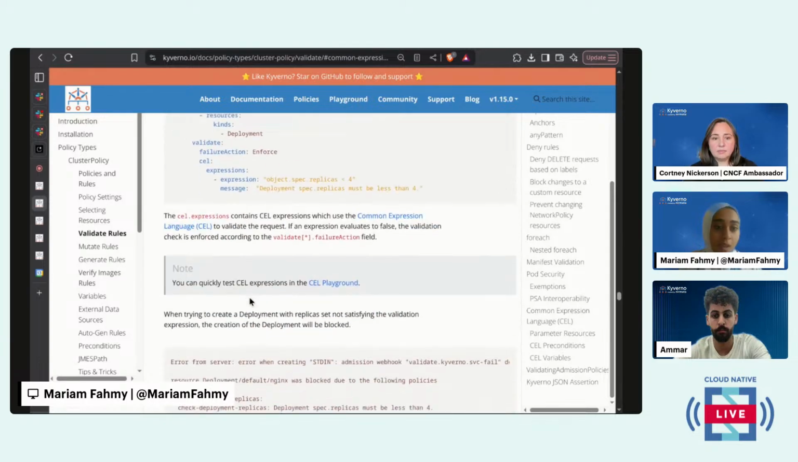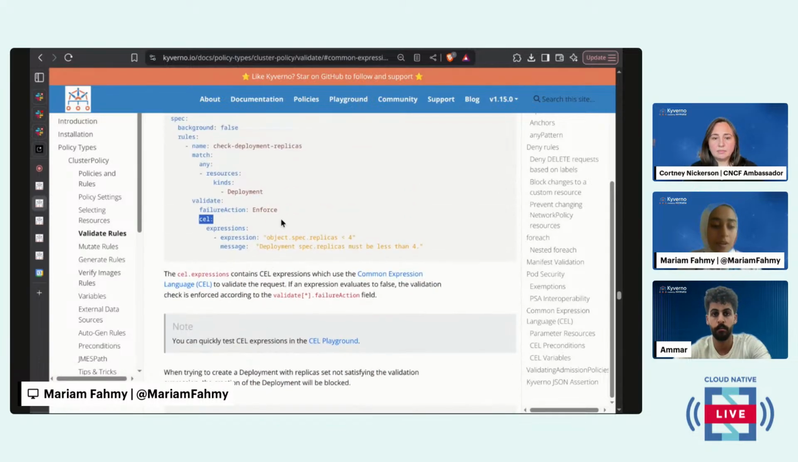And finally, we have the validate.cel sub-rule. Here you write your validation logic in CEL expressions. So as you see, we have lots of things you can do to write your validation logic. If you have one problem, you can choose between using CEL expressions, for example, or the pattern logic or the deny conditions and many more, right? So,